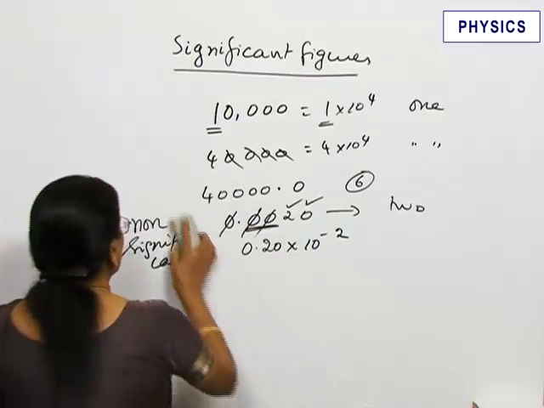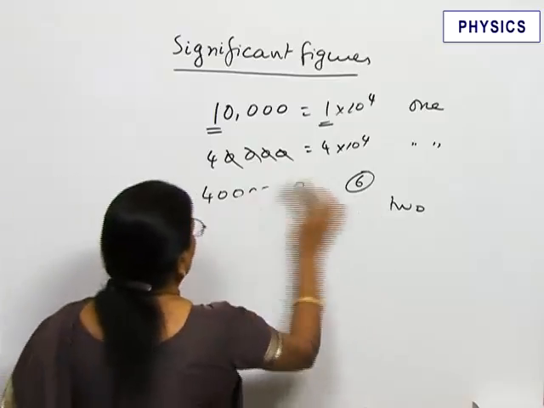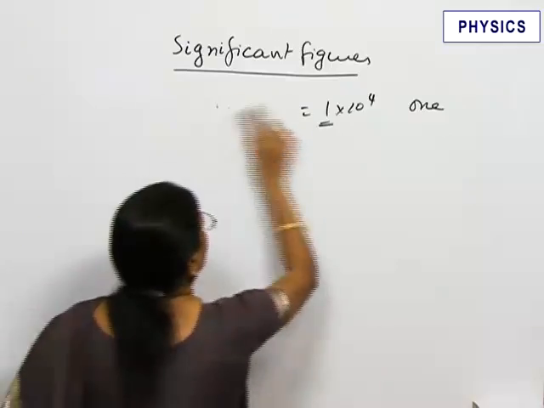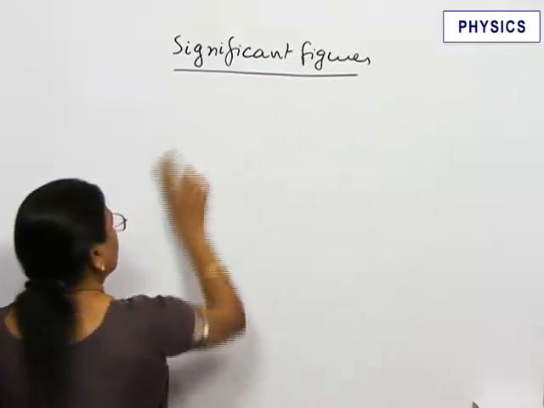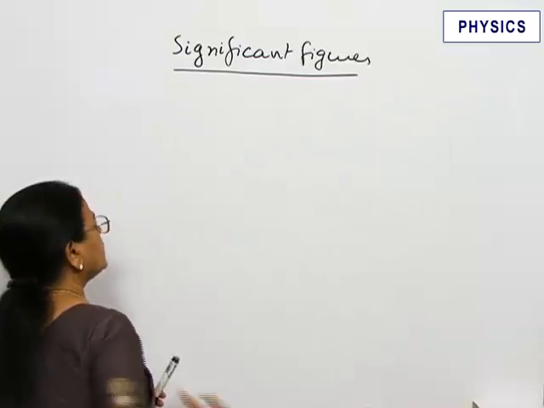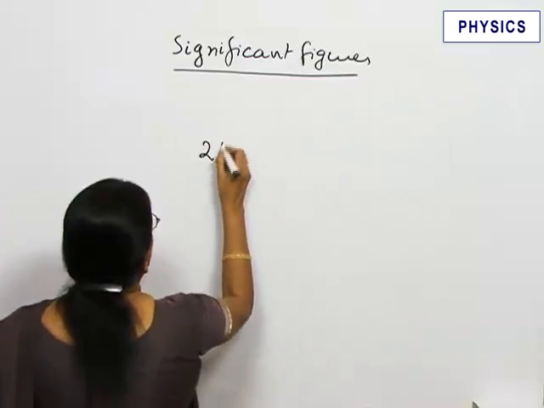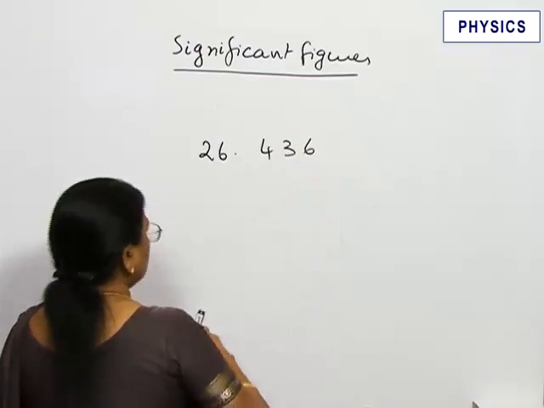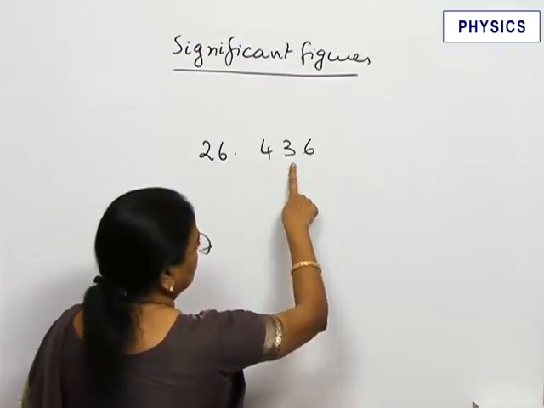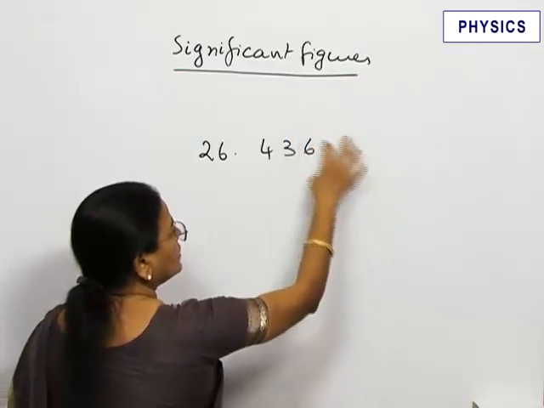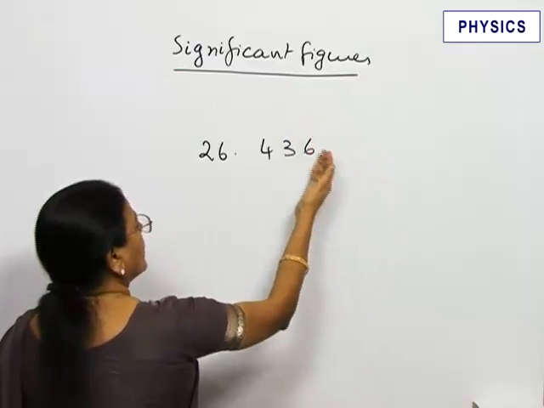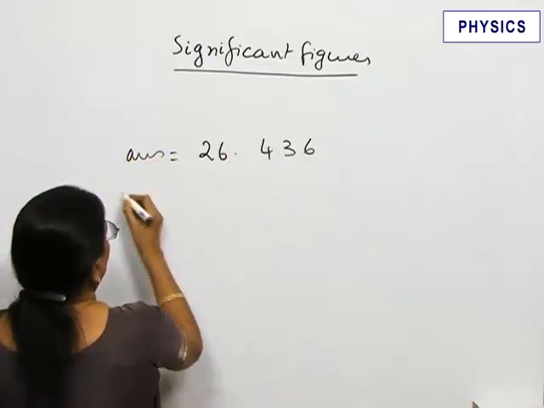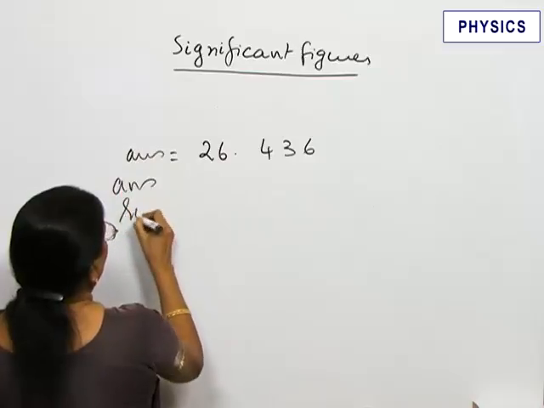Okay. Now let us see how to round off. What is the meaning of rounding off? By some arithmetic operation, say we get a number like 26.436. I want accuracy only up to 2 decimal points. Then I am going to omit this value, or I am going to round off. So this is the answer, then the answer rounded off